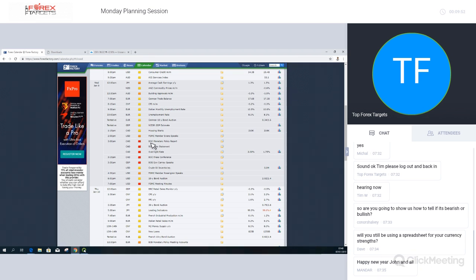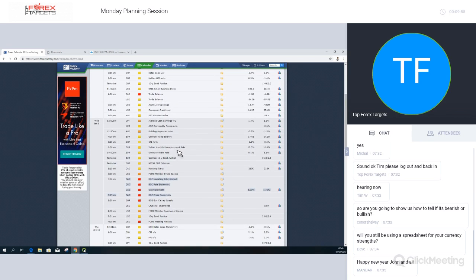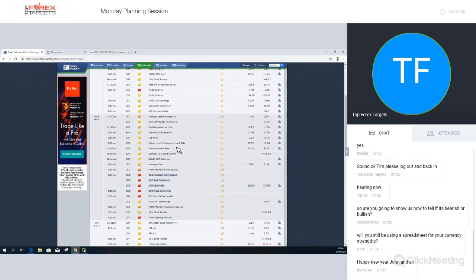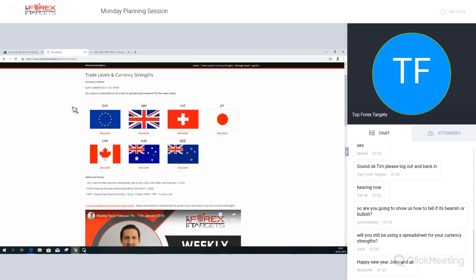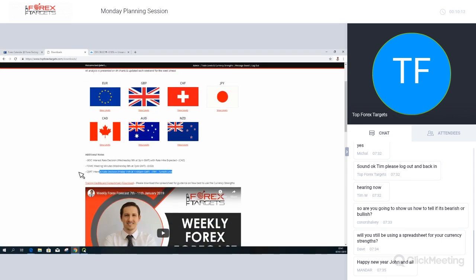So the plan for the Canadian dollar will be essentially staying out of these until Wednesday morning, perhaps even a couple of hours before, depending how the markets are setting up, okay? And again, we'll come back and look at those in the charts. We also have an interest rate decision out of Turkey this week, on Friday. So if you are trading anything with the Turkish lira in it, just bear that in mind coming into Friday.